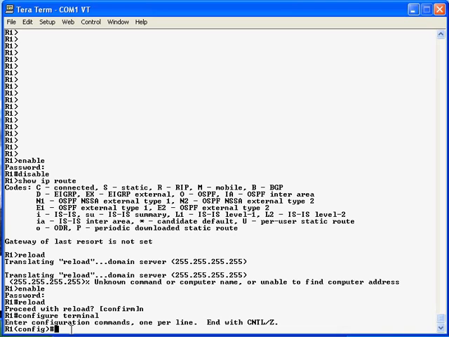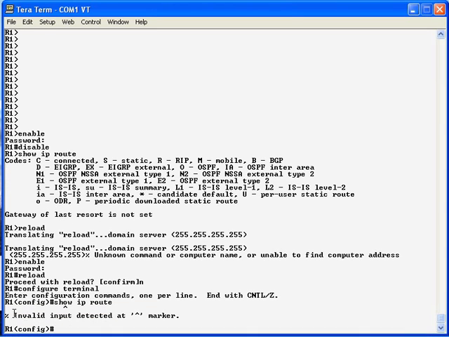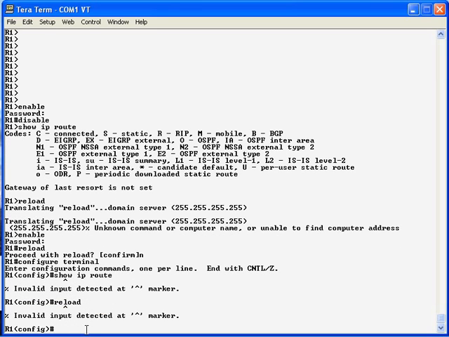Now just as a proof, we'll try the show IP route command that you see there, and press enter, and it tells you it doesn't know what that command is. Also, if we try the reload command, it's also not recognized because those are exec commands as opposed to being configuration commands. Now if we try a valid configuration command like the hostname command, let's try hostname Fred and press